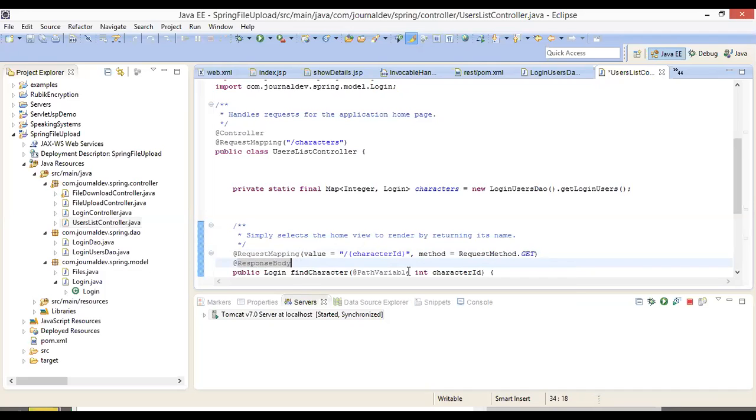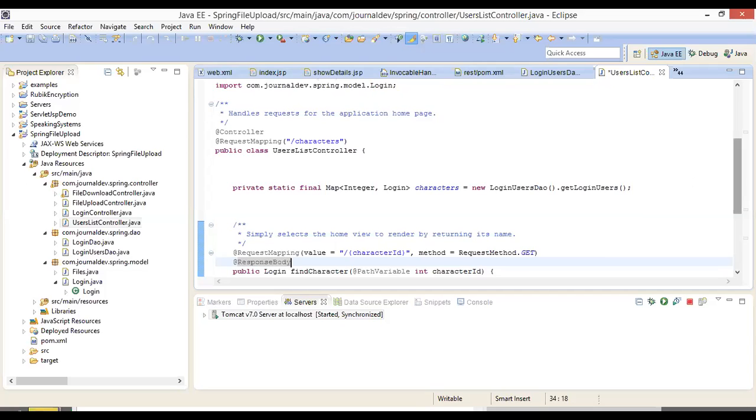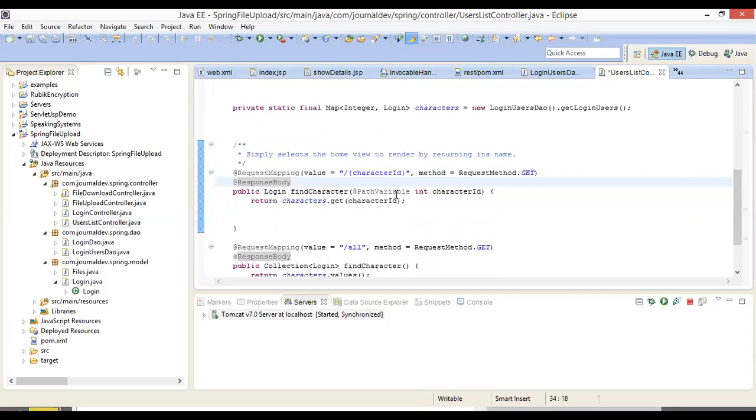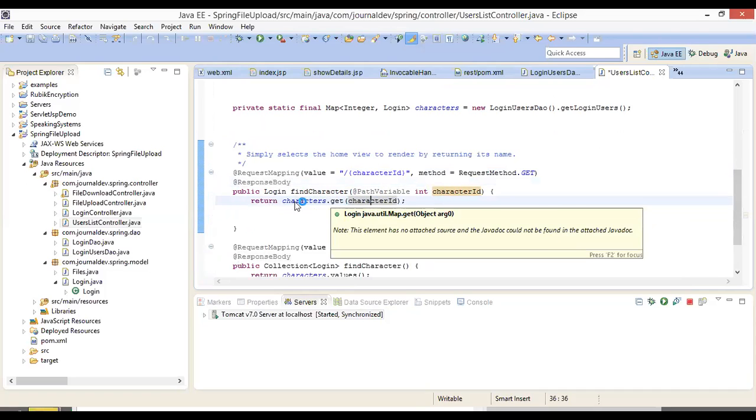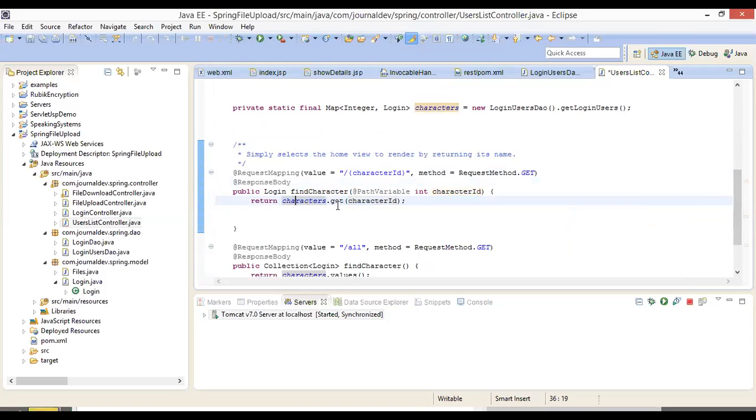So public Login findCharacter, @PathVariable int characterID, return characters.get(characterID). What is this characters.get? Characters is a map. From that, get of that ID, that means first row, second row, like that, whichever row you want. So that will be returned. That will be returned in the format of what? JSON. How will it be returned in the form of JSON?